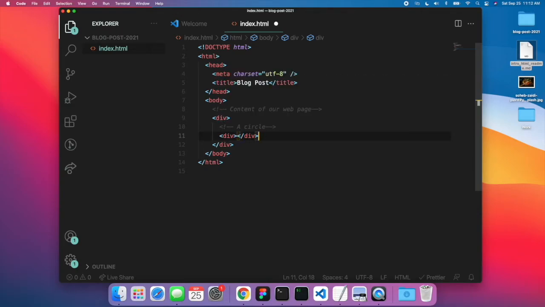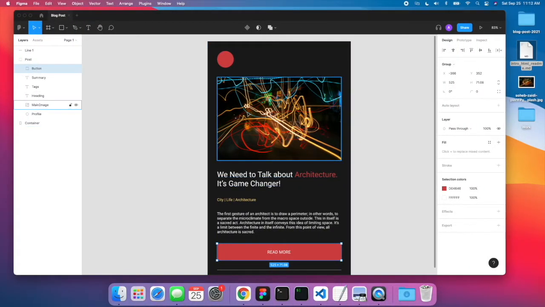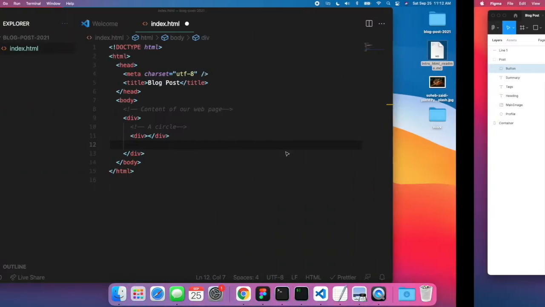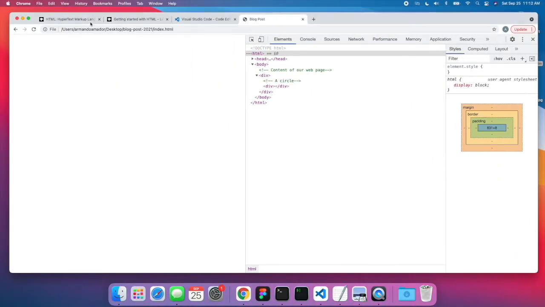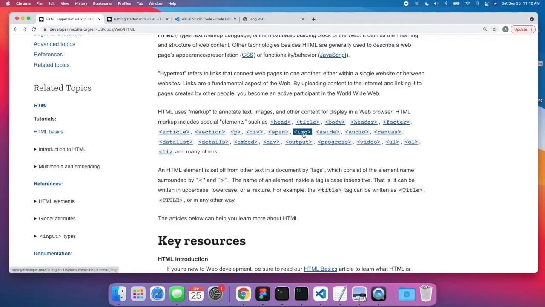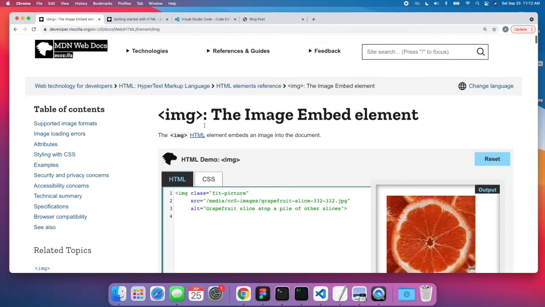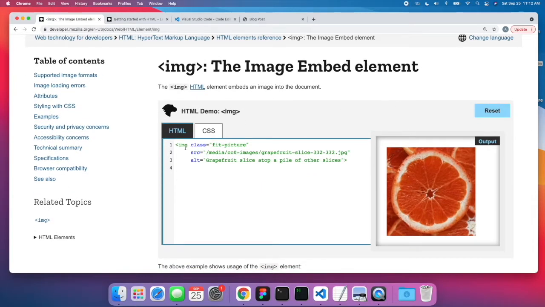And now we want to move on to maybe this image. All right, so image. How would we create an image? We go back to our docs here and click on image, and here, the image embed element, this is how you write one. It has some attributes such as the class. Class is something we'll learn on the next video. We have the source. Source is where you want your image to be located. And then alternative is where,